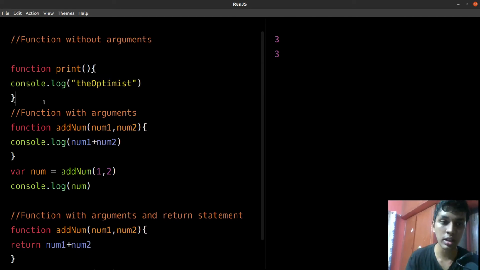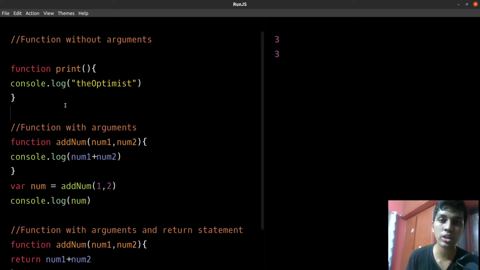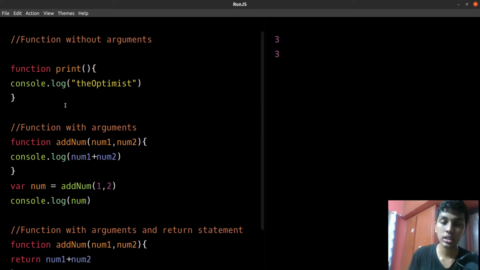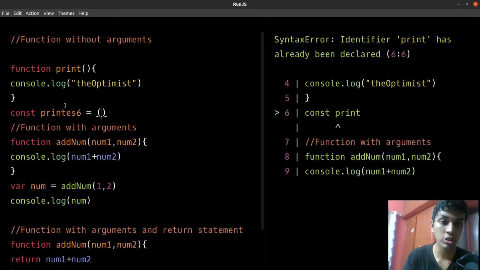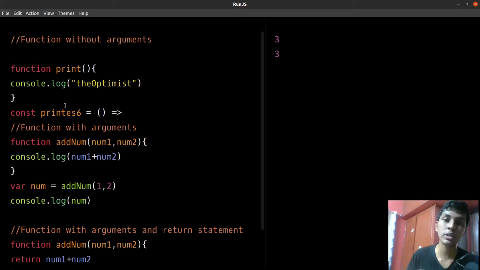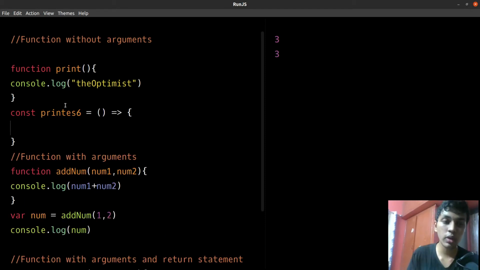So let's write this in ES6. Alright, to write an ES6 function, you need to declare a variable first. It can be either let, const, or var. Alright, let's declare our first ES6 function. Let's just say const printES6 equals, we need to put a parenthesis over here, and then we need to put this equal to and greater than symbol, which represents an arrow, and I believe that's why they are called arrow functions. And then we need to put our curly brackets, and we need to write the code that goes over here. Let's just say console.log the optimist,